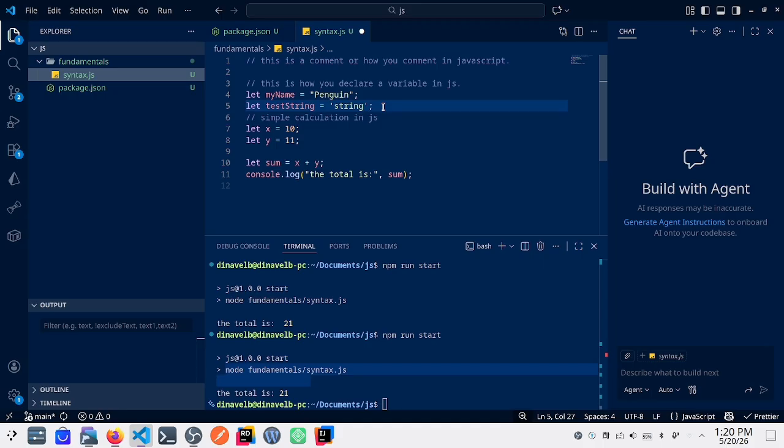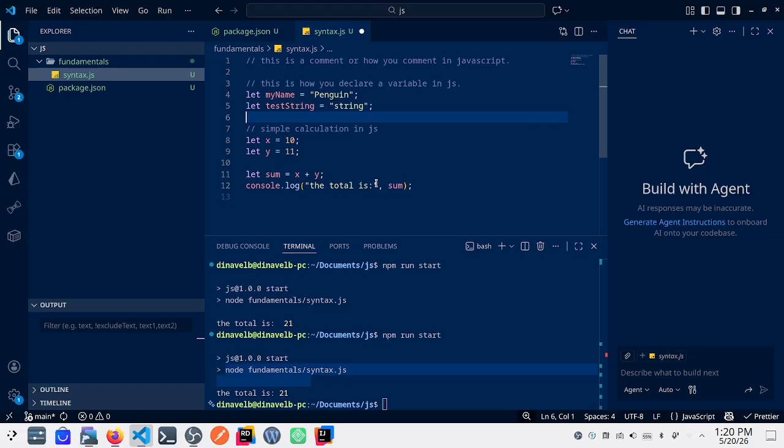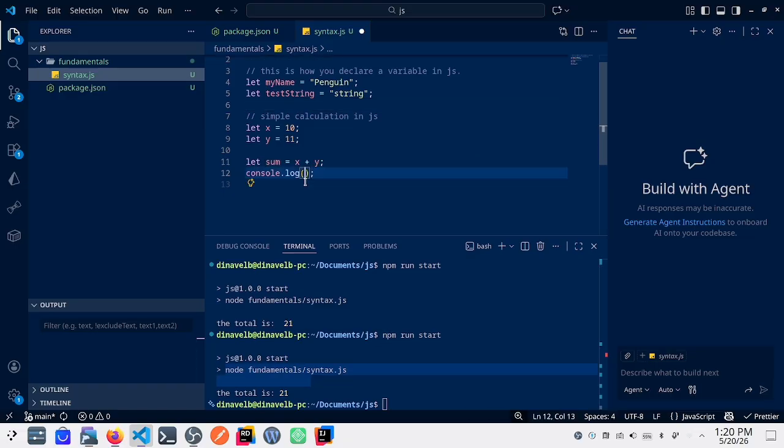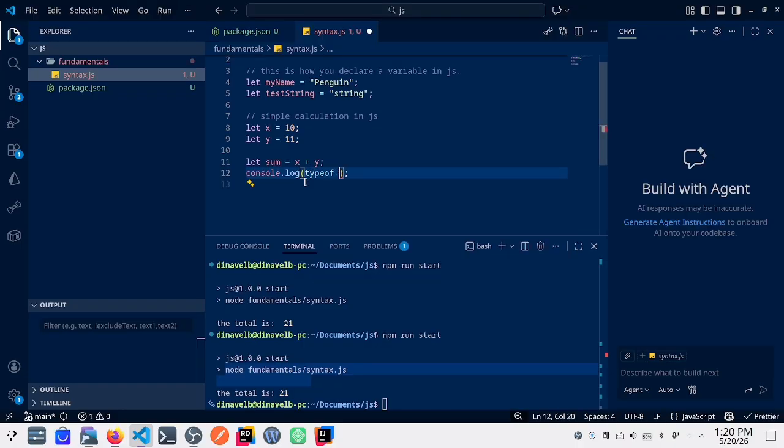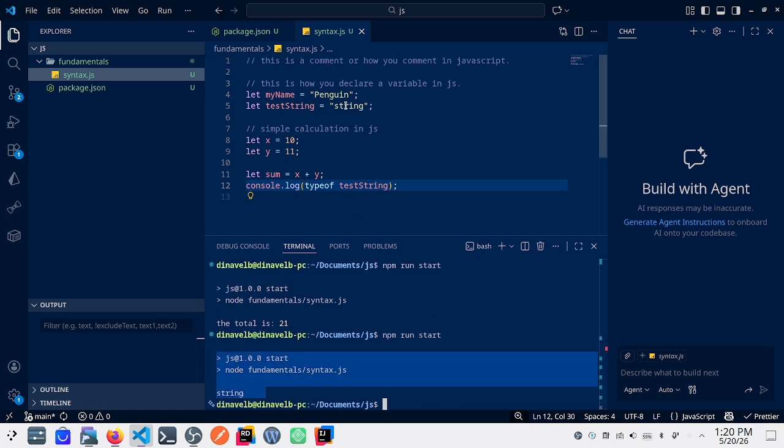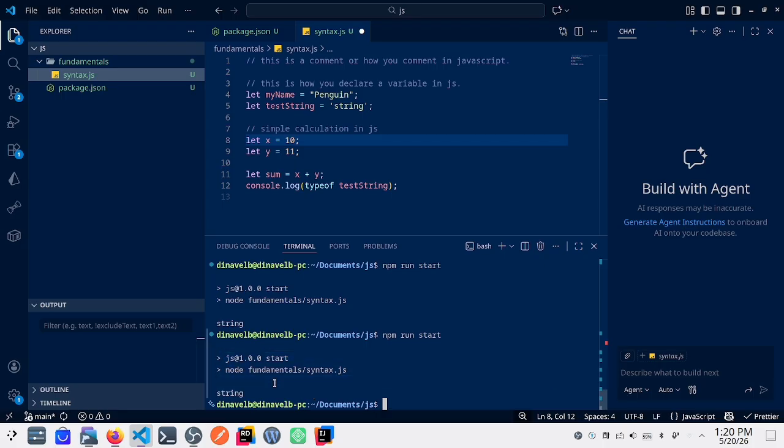Okay, so here it's still a string, and we can actually check what data type it is with typeof test string. Let's see. Okay, it's treated as a string. typeof just checks what data type a variable is.